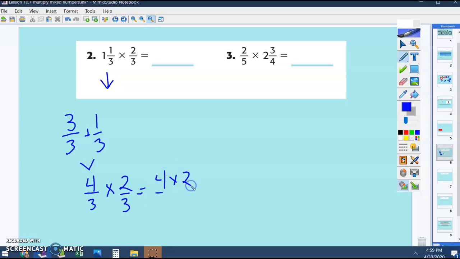4 times 2 over 3 times 3. I don't see anything that I can reduce before I do my work, so I'm just going to move on. 4 times 2 is 8, and 3 times 3 is 9, and my answer is 8/9. Is that somewhat reasonable? Is that less than